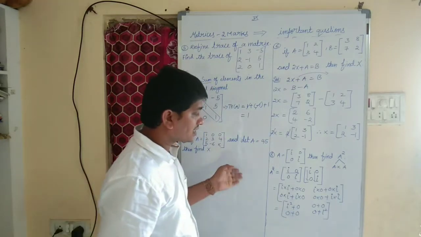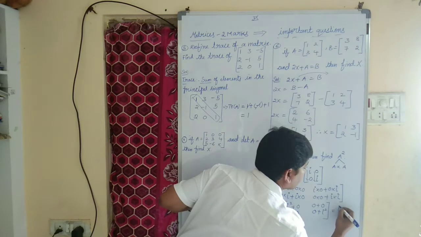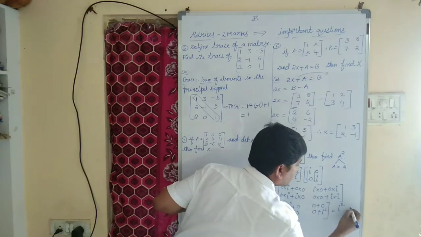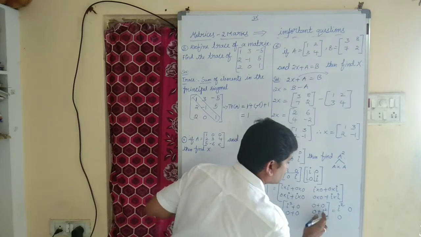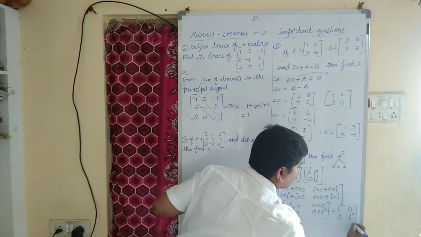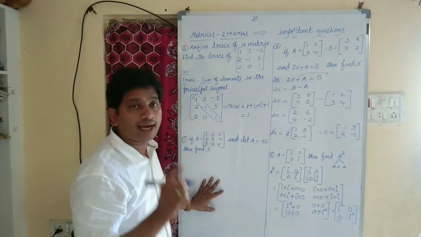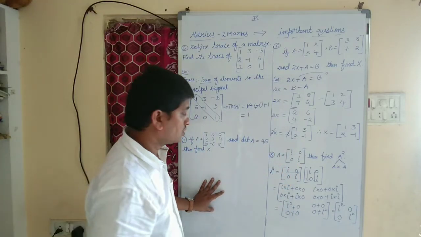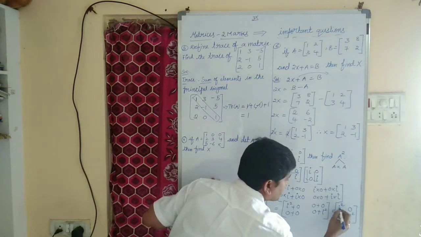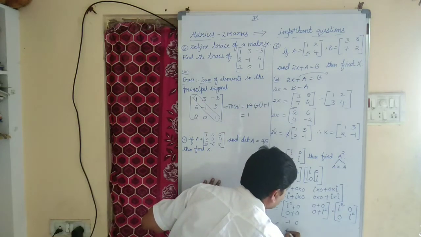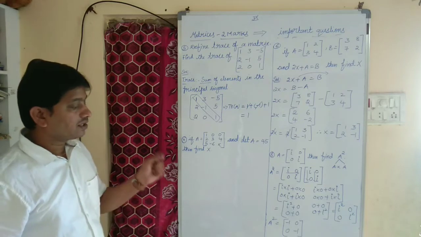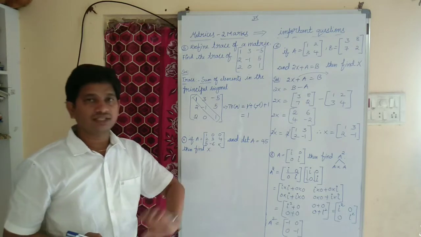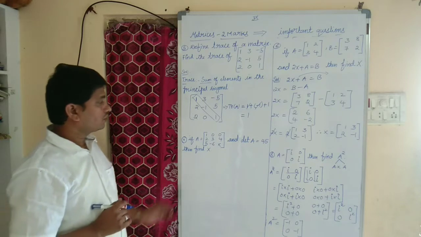As we know children, i square plus 0 how much? i square plus 0, i square. 0 plus 0, 0, 0 plus 0, 0, 0 plus i square, i square. You know what is the value of i square? As i square value is minus 1. So in place of i square, I can write as minus 1, 0, 0, minus 1. Right? So what is the value of A square? Our A square value is minus 1, 0, 0, minus 1. Okay. Now coming to 7th question.